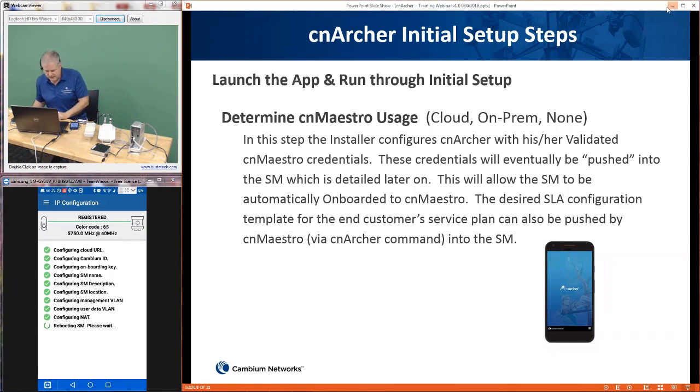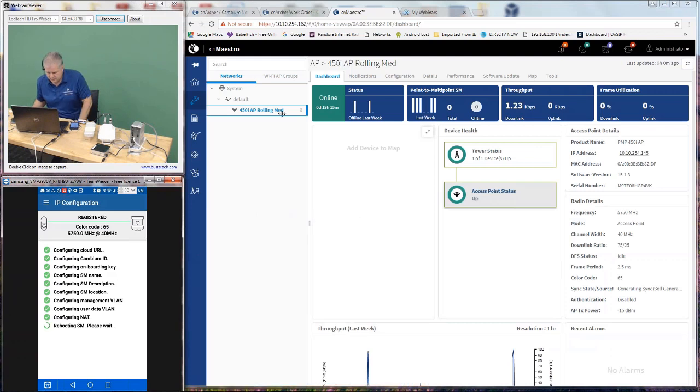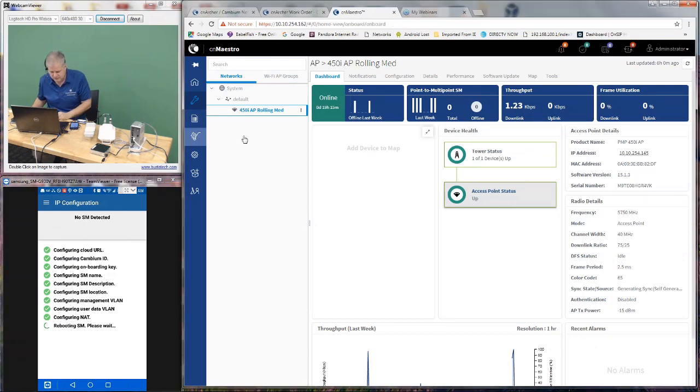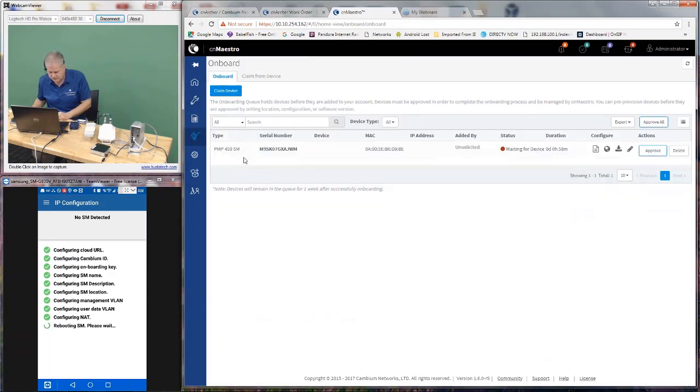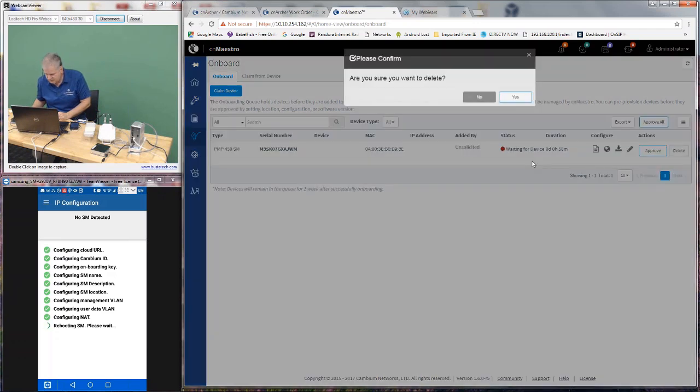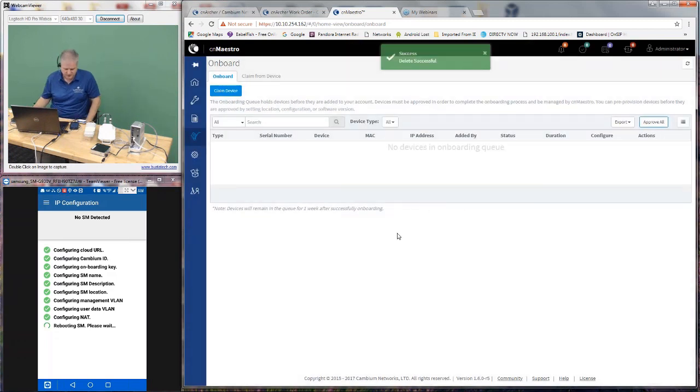While it's doing that, I'm going to hopefully be able to show you here. I have the cnMaestro on-prem, what's running on the virtual server here, displayed on the screen. I have an access point. This one is already discovered in it. What I want to show you is the onboarding screen. Let's delete. I did a quick test of it earlier, so it was already in there. But pretend that wasn't in there because that was a test run from earlier. Anyway, so now we're seeing the